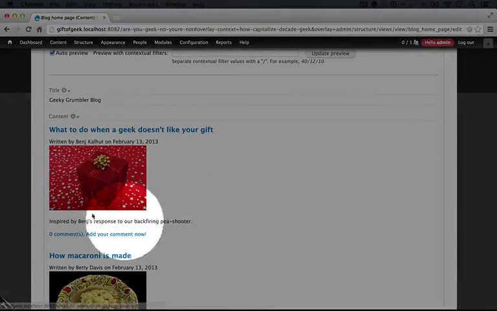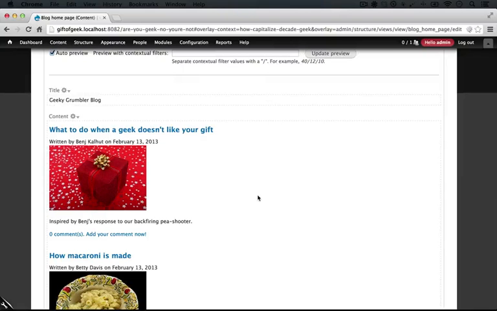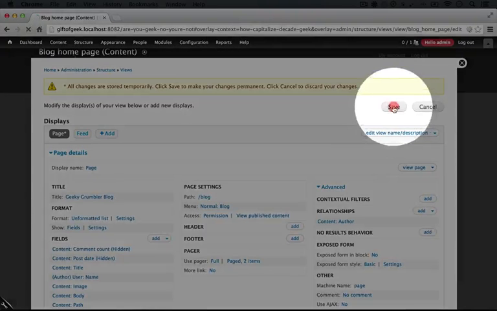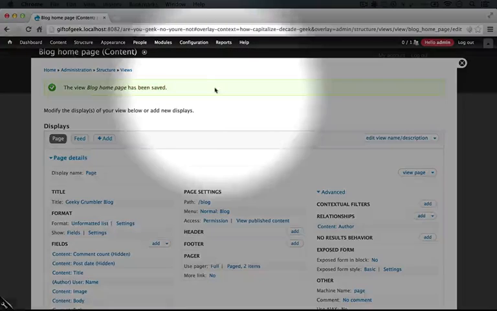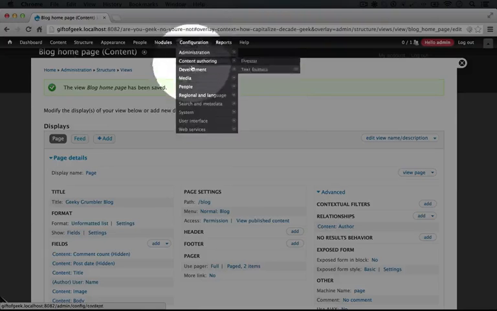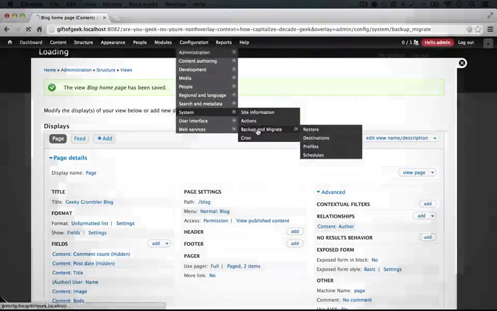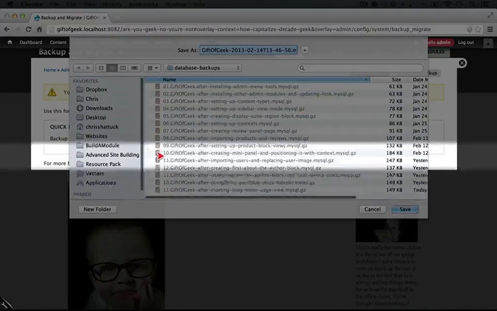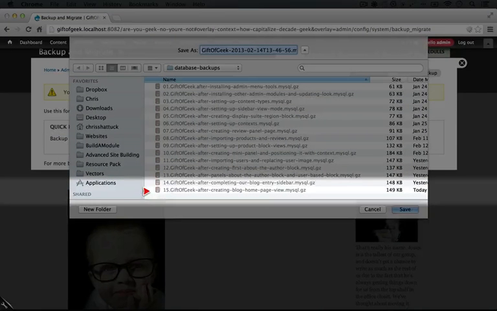So now that we've finished this layout for our blog homepage, at least the part where we're displaying the blog posts, and before we actually add our CSS to float this image over, this is a good time to save our view and to create a backup. So I'll scroll up to the top and click Save. And then we'll go up to Backup and Migrate by hovering over Configuration, System, Backup and Migrate, and we'll click Backup Now. So we're going to save this as step number 15, which is Gift of Geek after creating blog